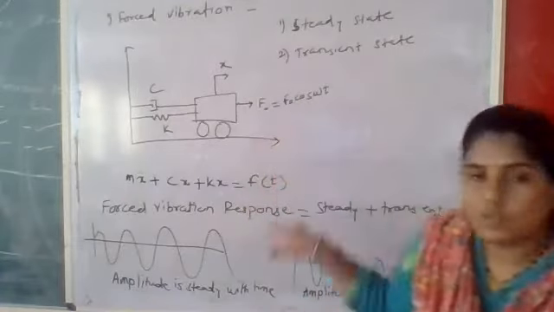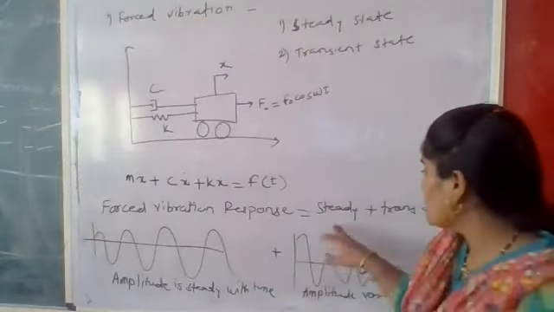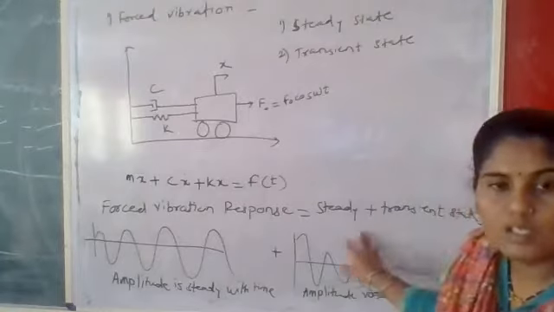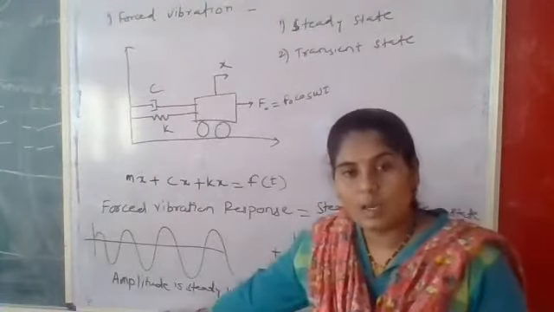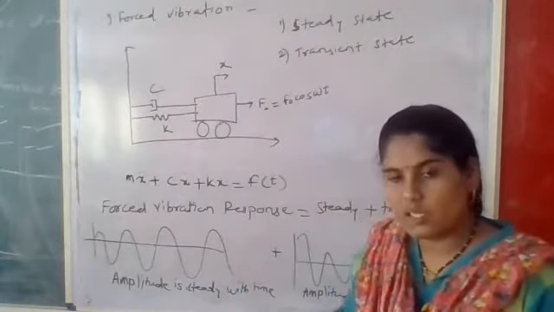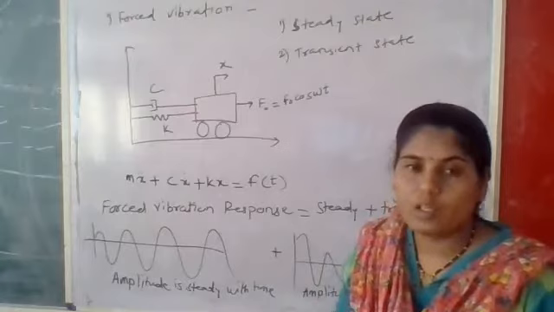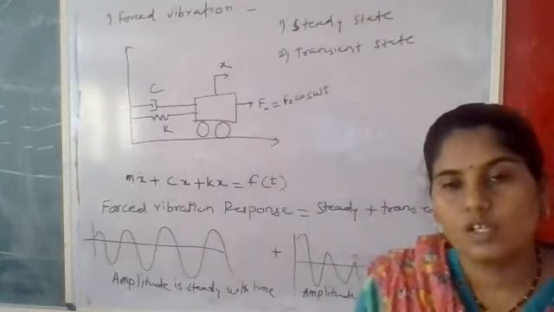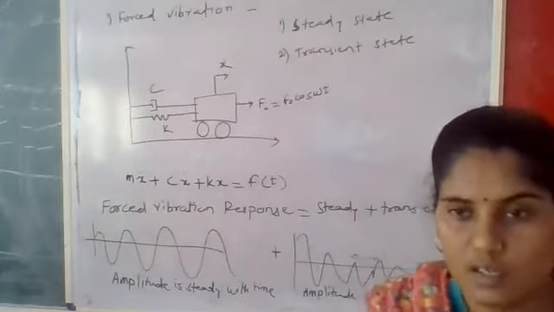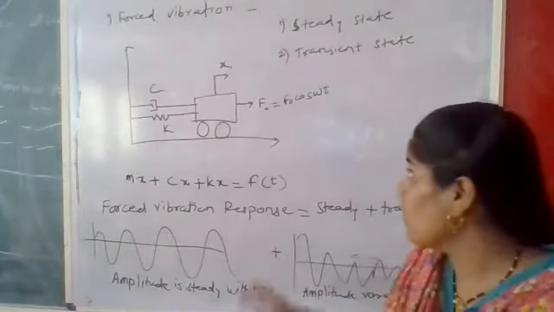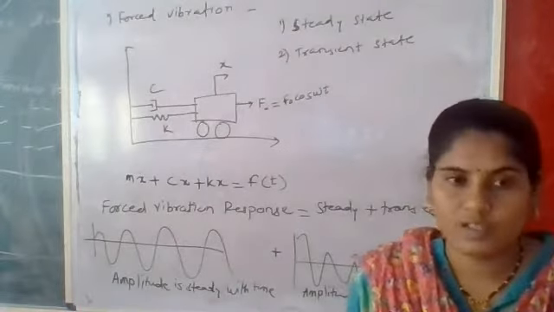Okay. And there are two types. So in forced vibration, two states are produced. Which are those two states? The first one is the transient state and the second one is the steady state. Why are these produced? Because of this forced vibration. In the first, the amplitude varies with respect to time, and in the second, the amplitude is steady with respect to time. The total response is the addition of these two, the steady state as well as the transient state. So we have to solve these derivations with respect to these two states.